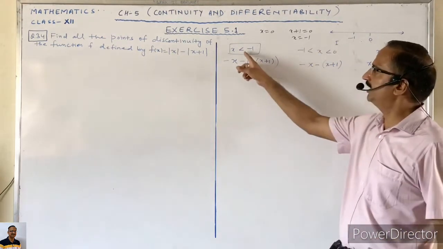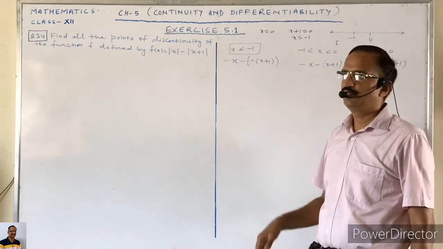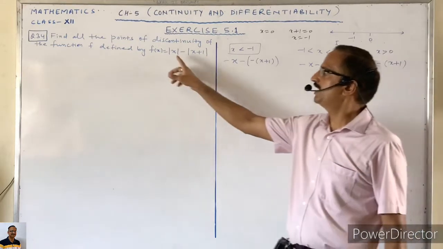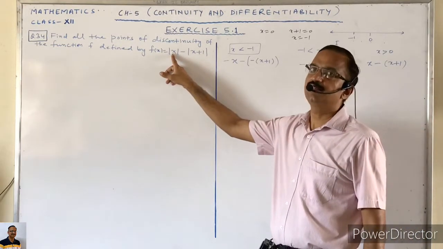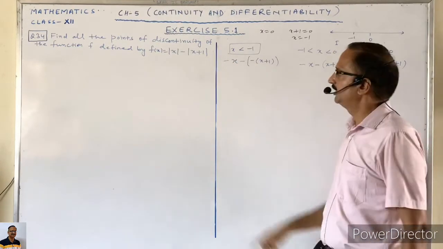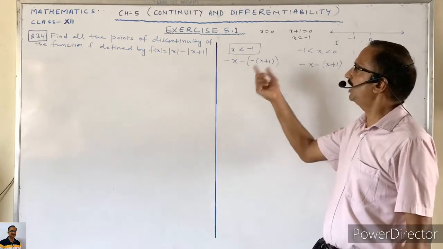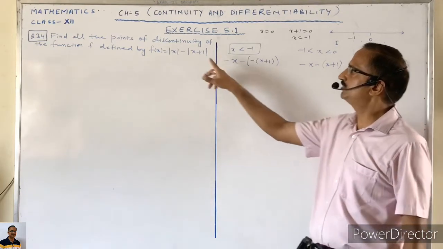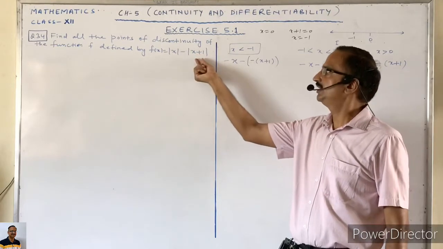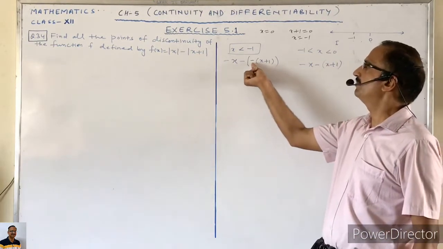So in the first case, when x is less than -1, suppose we put -2, this is negative. So here we put a minus because it is negative. This minus sign is in the formula, in the question. Now when we put -2, then -2 + 1 is -1. It means it is negative. Therefore, here also we put a minus sign.